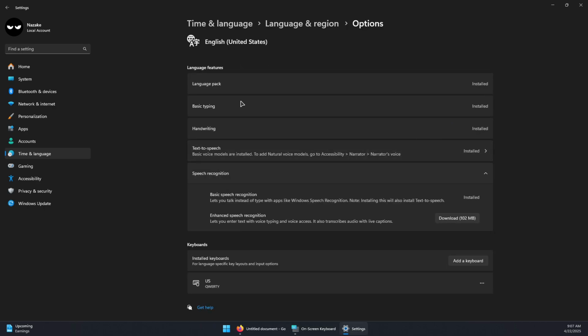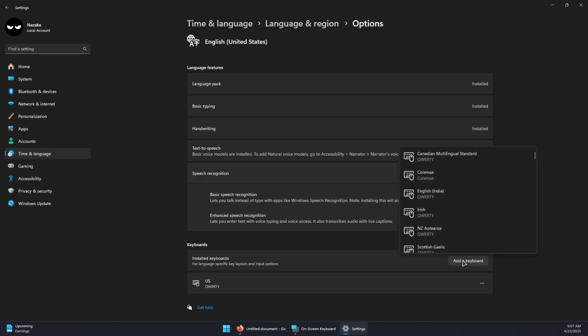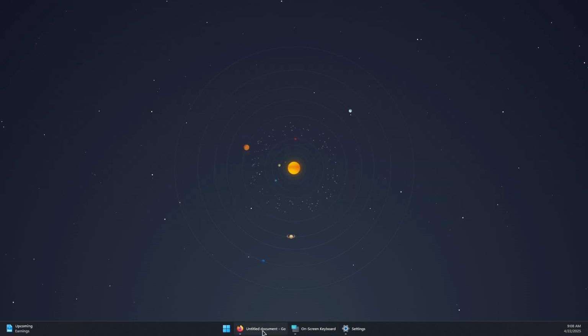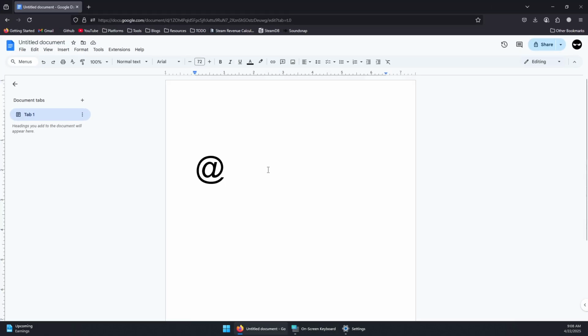language options. And now in here, scroll down till you see keyboards. Now, if you don't have a US QWERTY keyboard or AZERTY, you can simply add keyboard and select the layout you want in here. For example, QWERTY, English, or AZERTY, French, or something. And now you should be able to type it either with the on-screen keyboard or with your keys on your